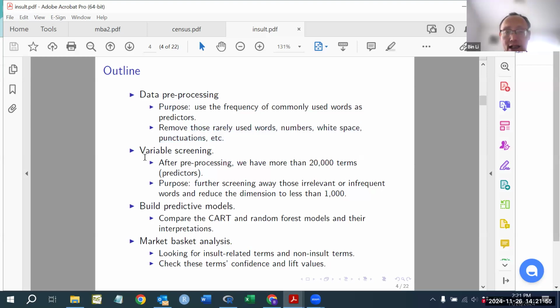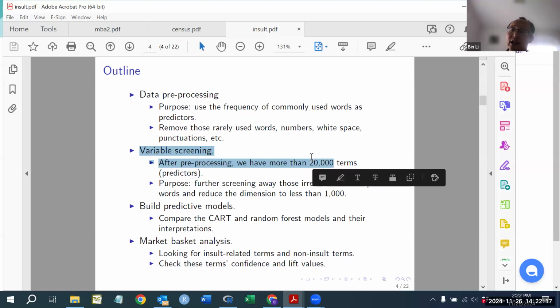Okay, and then the next step is variable screening. Why do we need to do that? After the pre-processing, the first step, and you will see in a minute that we have over 20,000 words left. So these are over 20,000 predictors. This is way too high, right? So we need to reduce the dimensionality so that we can apply some predictive machine learning algorithms on this